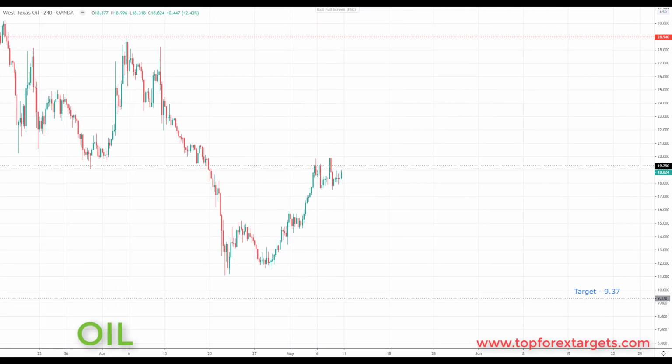So next market we're going to look at is crude oil. Now last week we highlighted the 19.29 as an area to look for a pullback in crude oil, previous broken support looking to turn resistance. We did pull back and we did test this area. We have not yet had any reversals to the downside. However, going into next week, this is now a great place to start to look for potential reversals and bearish